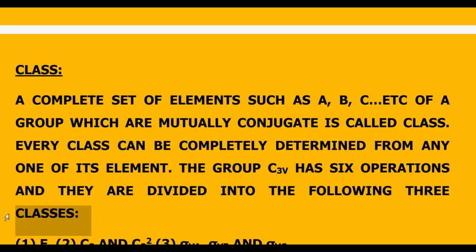Friends, in the previous lectures, we have already identified the elements of symmetry in C3V point group. We took the example of ammonia molecule, and then we found that the elements are the identity element, which is a must in all the groups. Then you have 2 rotational elements, that is C3 and C3 square, and the 3 vertical planes named as sigma VA, sigma VB and sigma VC are the reflection elements.